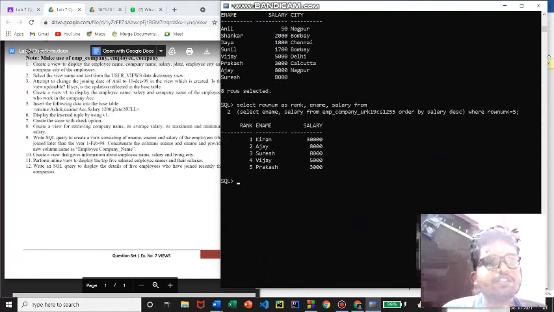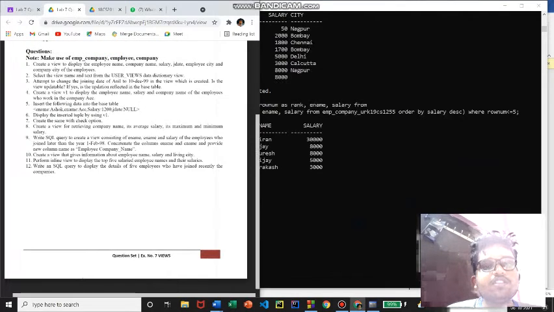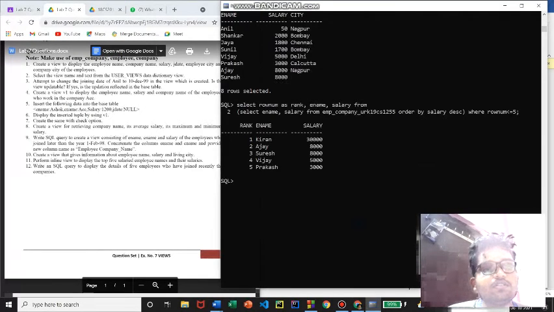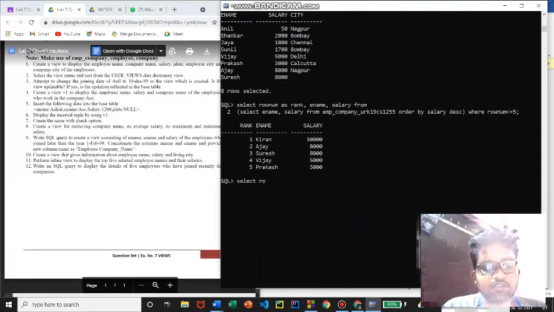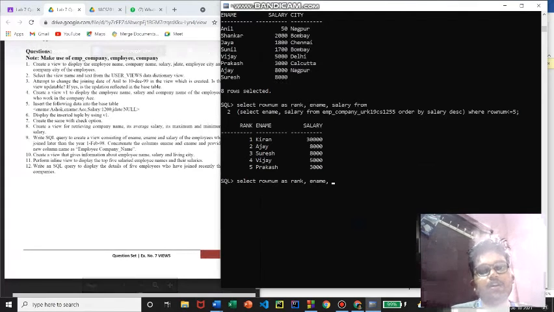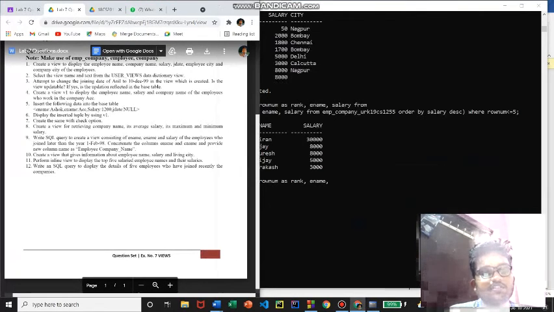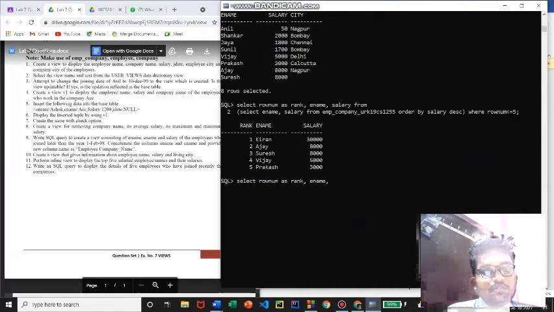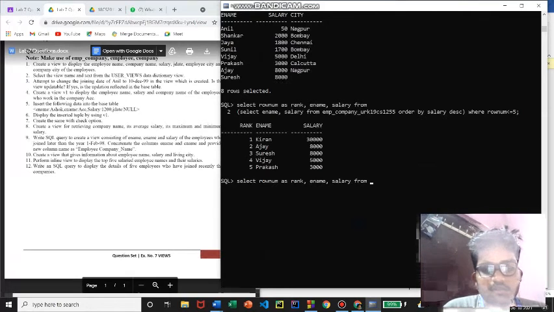Now come to the 12th one. Write an SQL query to display the details of 5 employees who have joined recently the companies. So solve this with the same procedure. Select the rownum, we'll assign this rank, and employee name, the details of the 5 employees, that includes employee name, joined recently. That's it. Putting the salary from the subquery. We'll write the subquery. Select employee name, salary from the table,